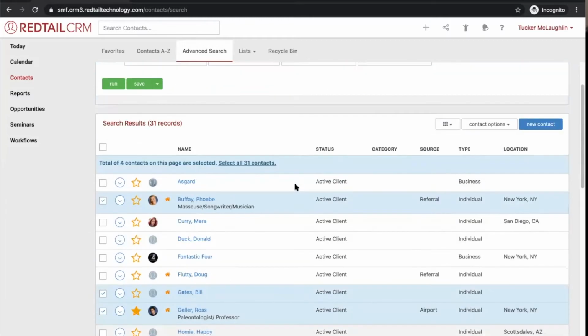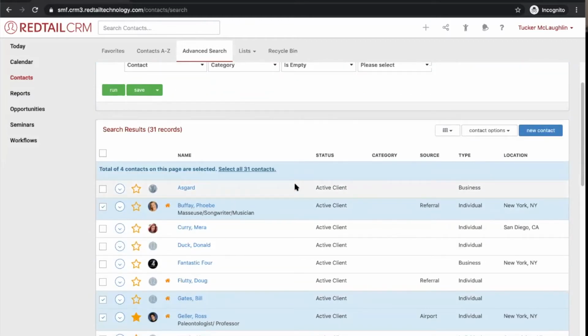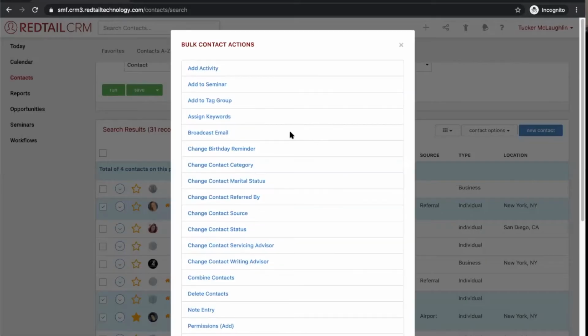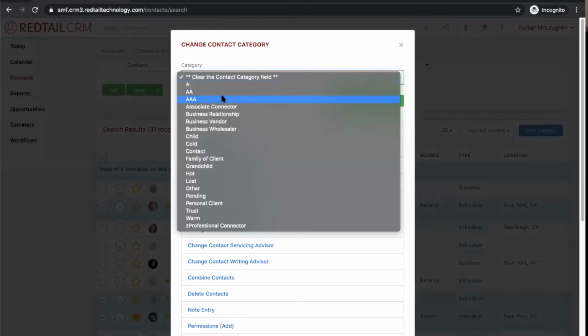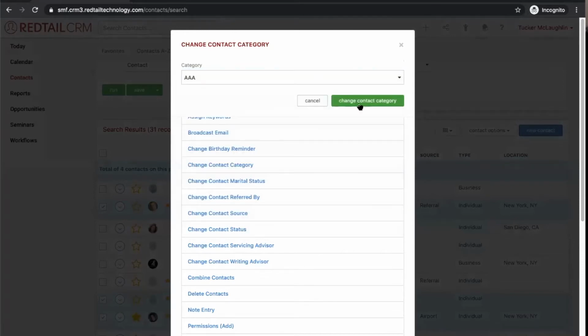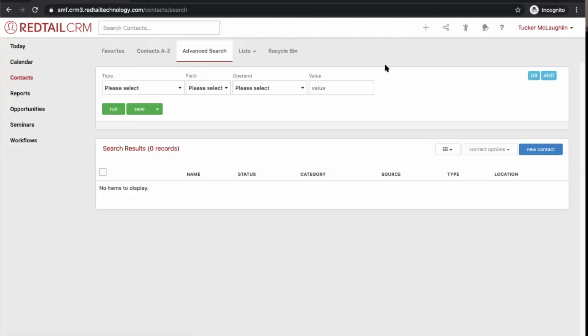So I've got a couple of contacts here. If I know for a fact all of those should have the same category, I can highlight those 4 that I feel are the same, come over to contact options, and now this is where I can have this bulk action. So again, if I feel like, hey, their contact category should reflect AAA, which again, this is a customized list, so yours might be a little bit different, I can change that contact category, give it a few moments,